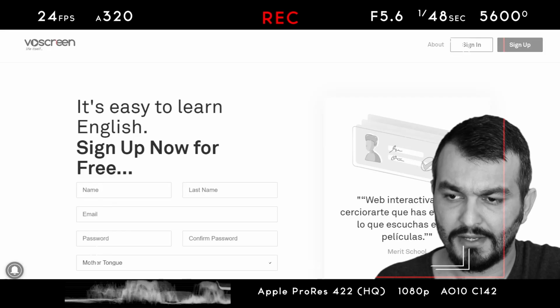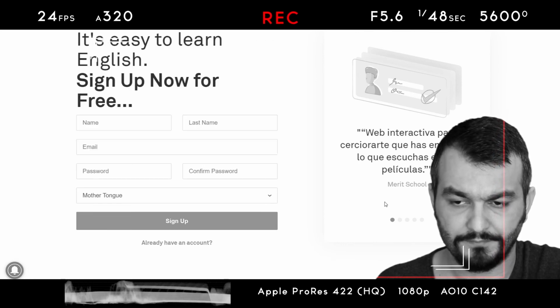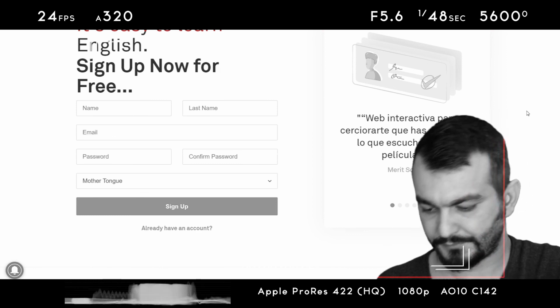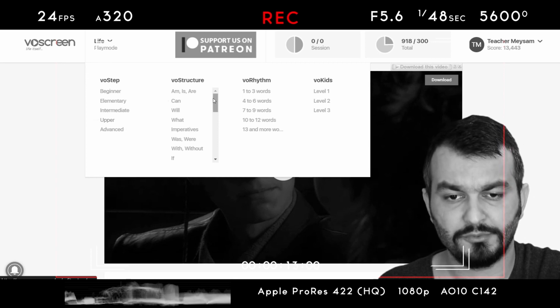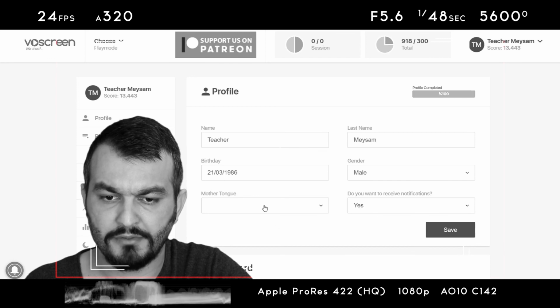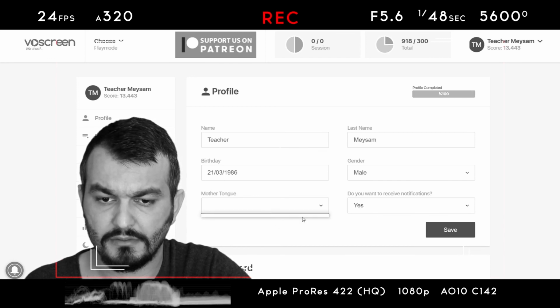Take care. And then you're going to choose your mother tongue, and you can also choose, or if you basically here you can simply change your mother tongue, like I would say, what